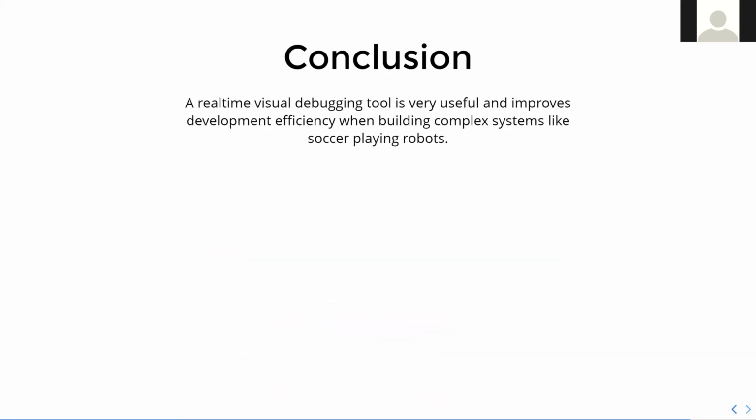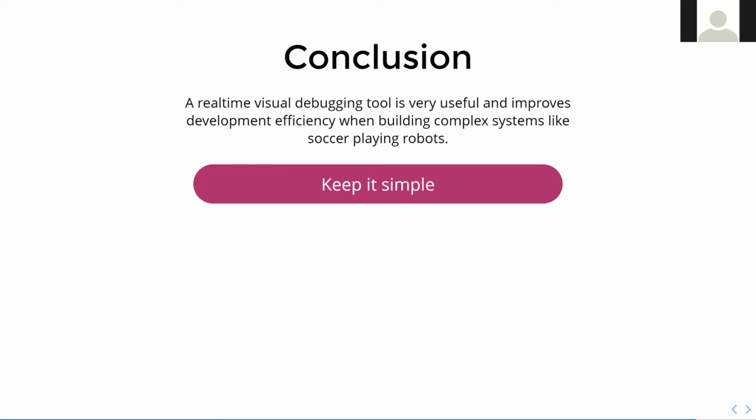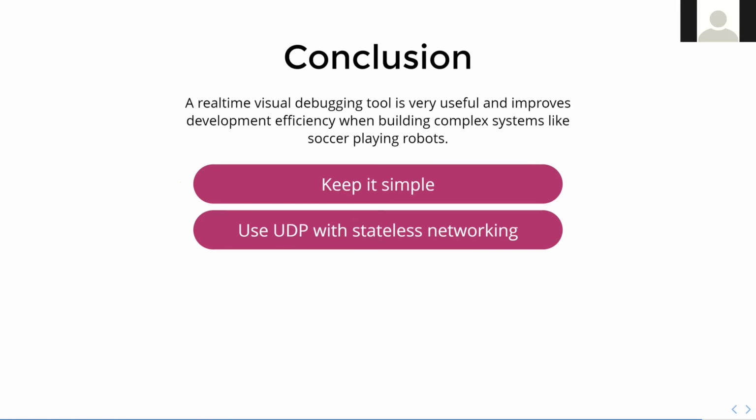So in conclusion, we found that a real-time visual debugging tool such as NUsight is very useful and improves development efficiency when you're building complex systems like we do with these soccer playing robots. So it's very important to recap, to keep it simple, use UDP with stateless networking where possible,